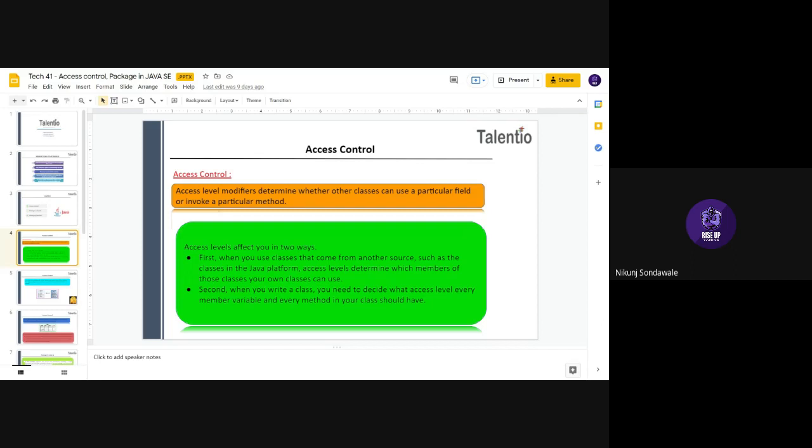So by applying the access modifier, be careful, think about it. So this access level modifier affects your programming in two ways. First is when you use classes that are from another source, such as a class in the Java platform, access level determines which of those classes you can access.